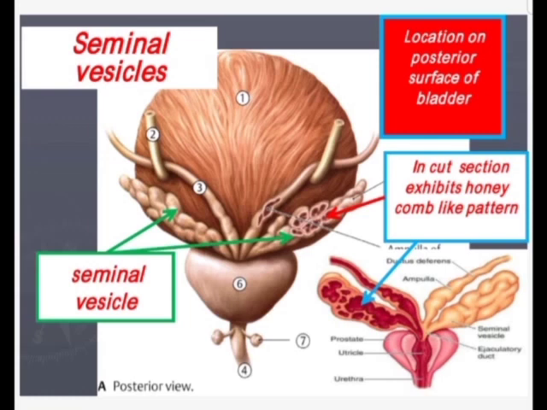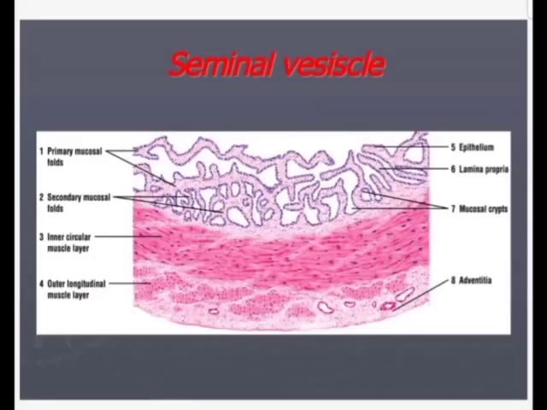The pseudostratified epithelium of seminal vesicle consists of secretory principal cells and basal cells. So there are two types of cells seen in this epithelium. The principal cells show the features of protein secreting cells, that is prominent rough endoplasmic reticulum, well developed Golgi body and secretory granules. We have studied all.